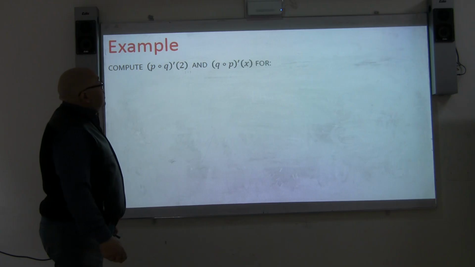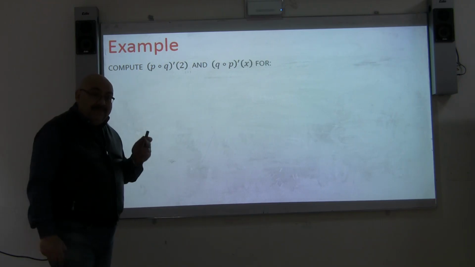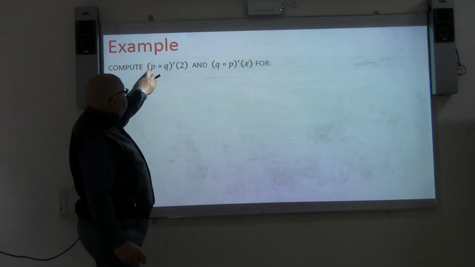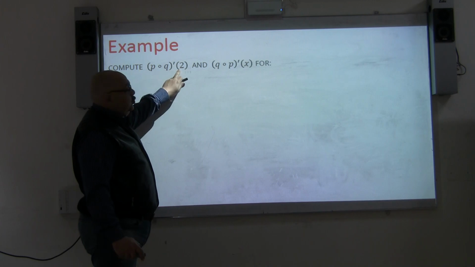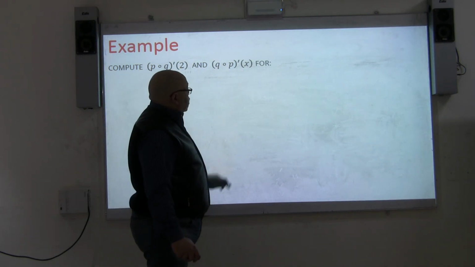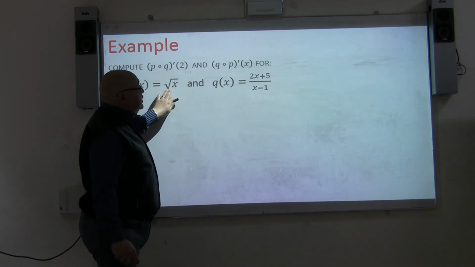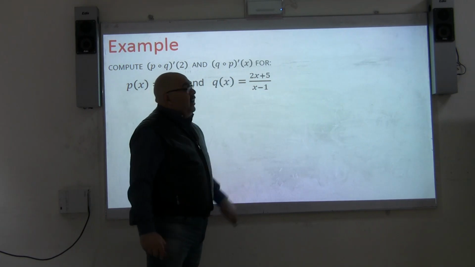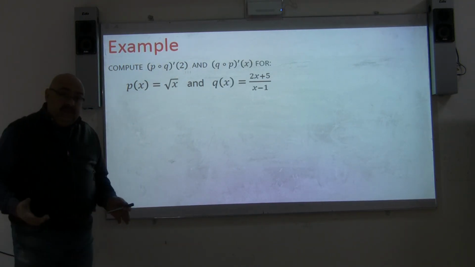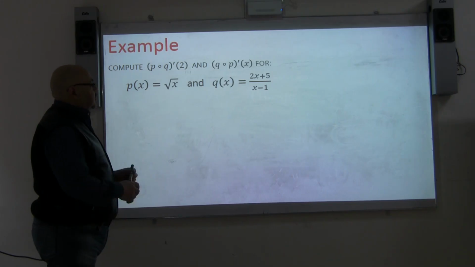Let me give you this problem. It's a very nice problem, but it needs concentration. I want you to get the derivative of b after q at 2, and q after b also at 2, where b of x is root of x and q of x is (2x plus 5) over (x plus 1). So if I want to do this, I will start with evaluating,